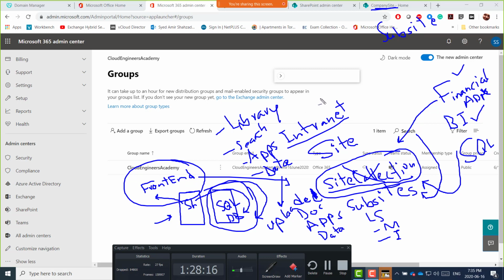That's where we're creating one site, so we know that there's one site. What can we do in that site? What are the other features in that one site? You can create a lot of subsites there. You can attach outside applications and apps there as well. So overall, if there are any questions, let me know about this drawing.